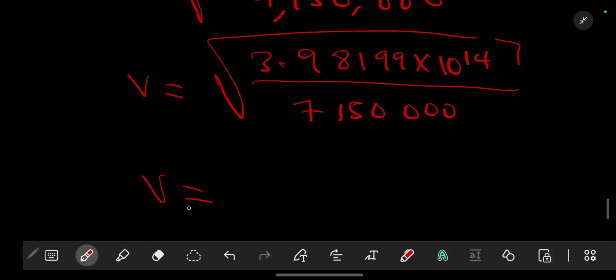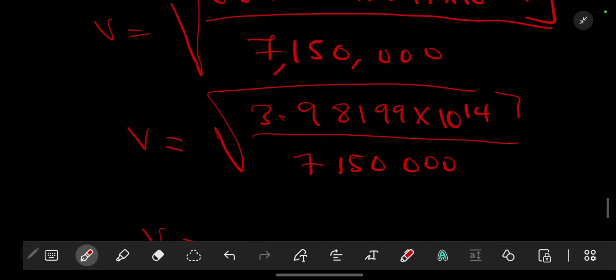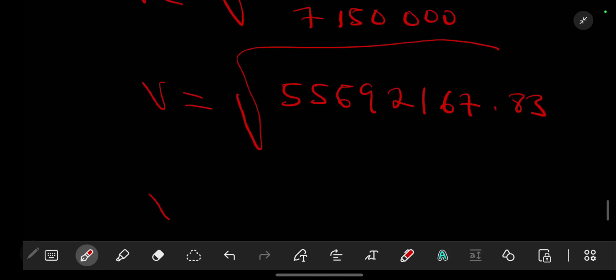So v is equal to the square root. We divide: the one on top, 3.98199 times 10 to the power of 14, divided by open brackets 7.15 times 10 to the power of 6. We are going to have the square root of 55692167.83. So our v should be equal